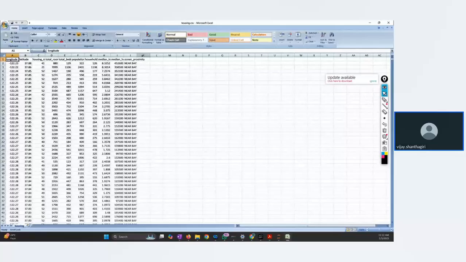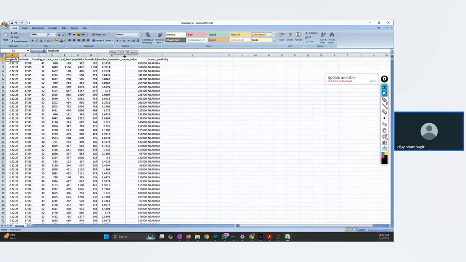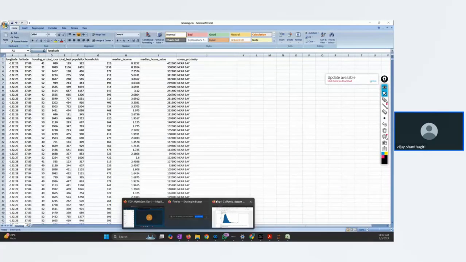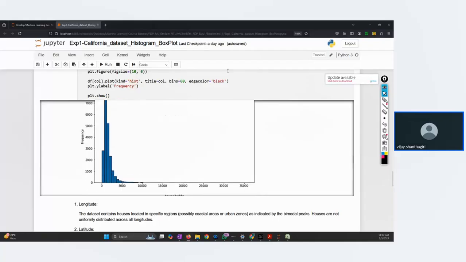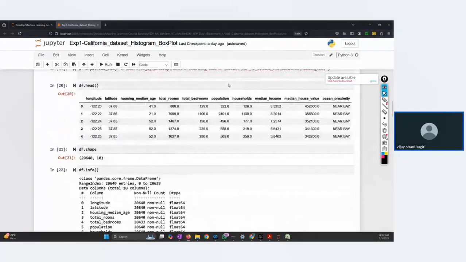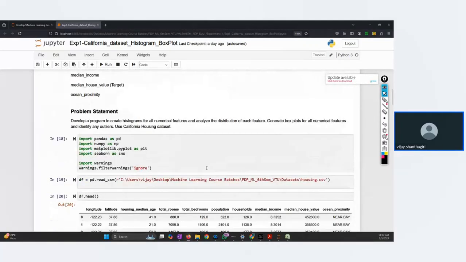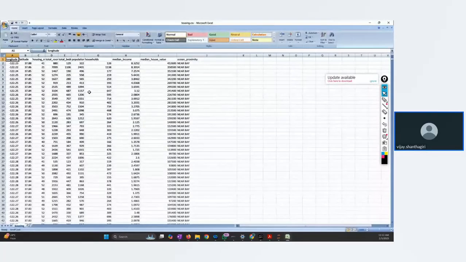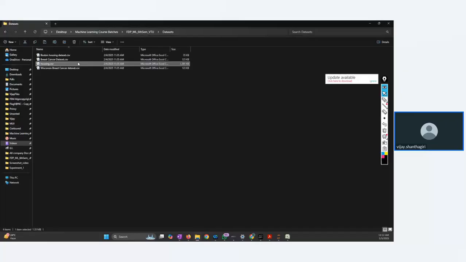All right. So this is one data. You see here you have all this data. So let's also check what data we have used. This is housing.csv. Same data. See longitude, latitude, housing median age, total rooms, ocean proximity, median. Fine. So I'm guessing that you will be able to open this because all of them are